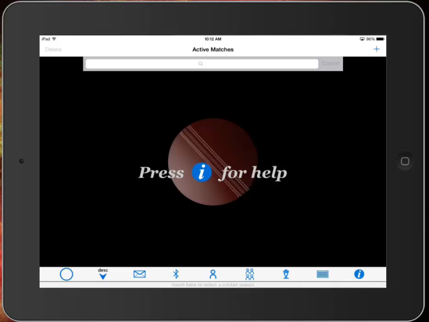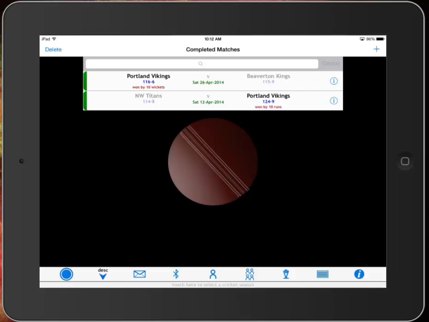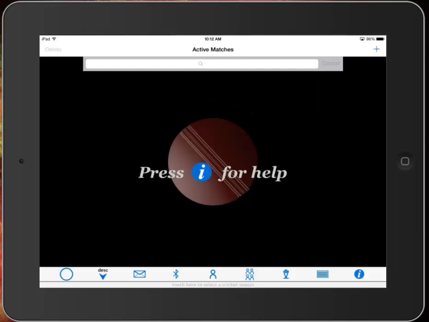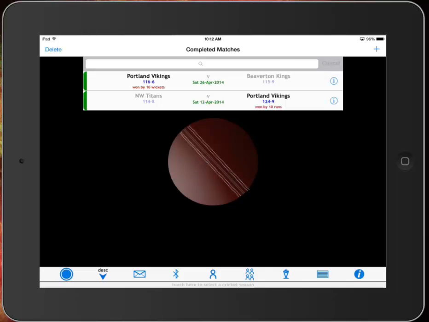All right, so I'll start with a scenario where you have a match that you scored using the nxCricket app, and you completed the match and marked it as completed, and then you sent it out and Rio had some issues or some changes that needed to be made. If you tap the completed match on the bottom left to switch between active and completed matches views, you'll see the list of completed matches. And again, if you get the request to make any changes or update any existing matches, you have the ability to go into the completed matches view, select the match,